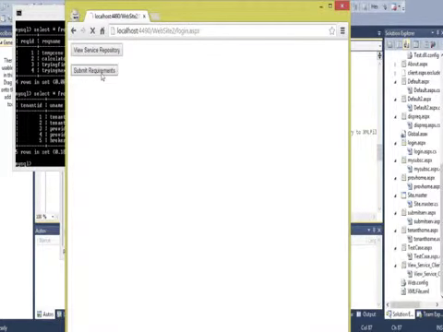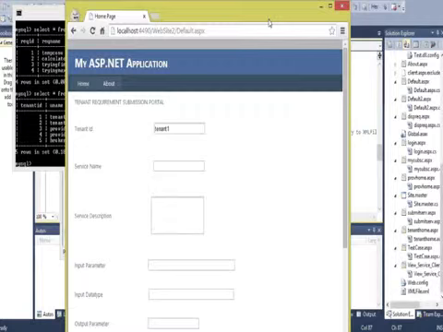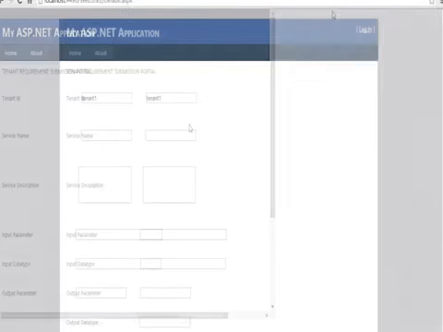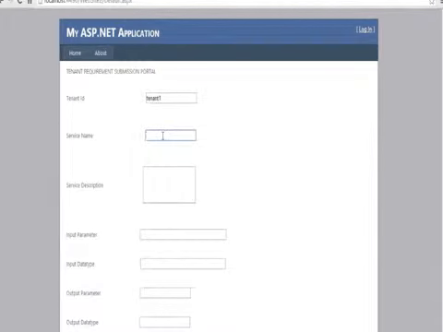In the submit requirements page, he'll be able to give his new requirements. In the service name, he can provide the service name. In our case, for demo purposes, we have used temperature conversion as our service name. A short description of the service is given,